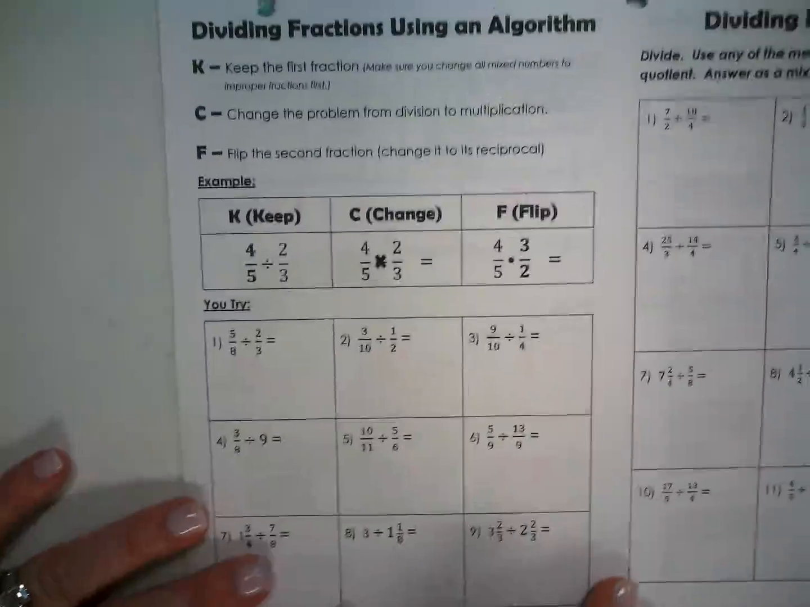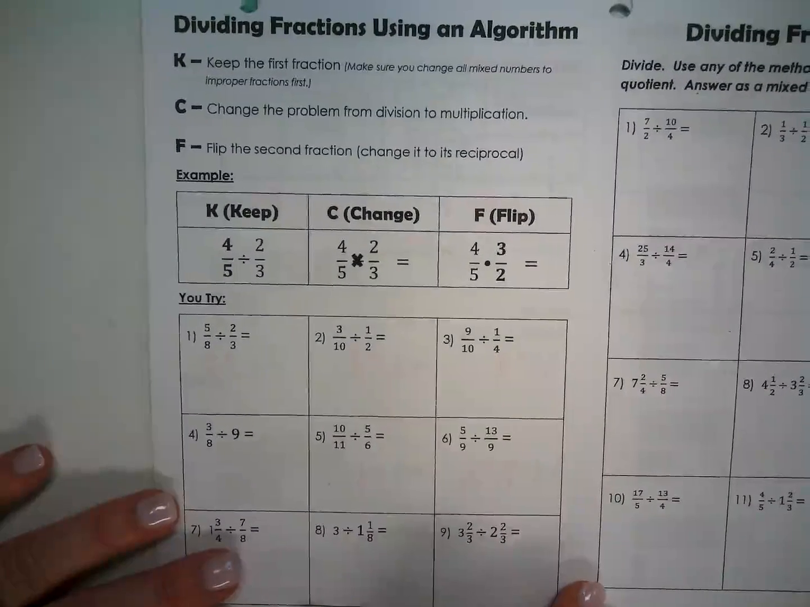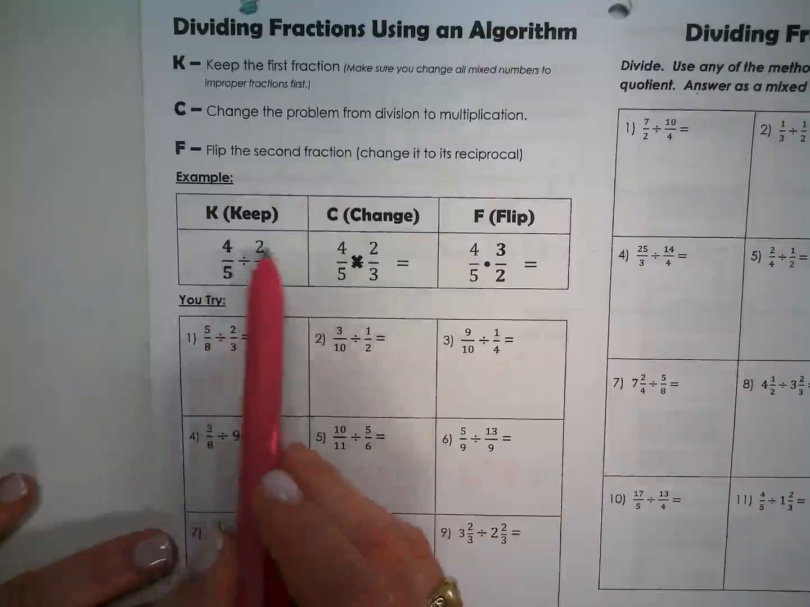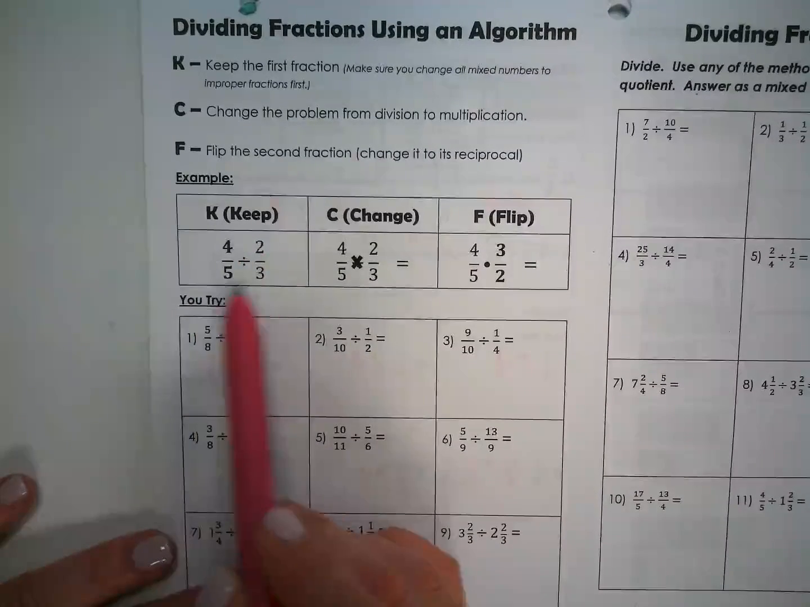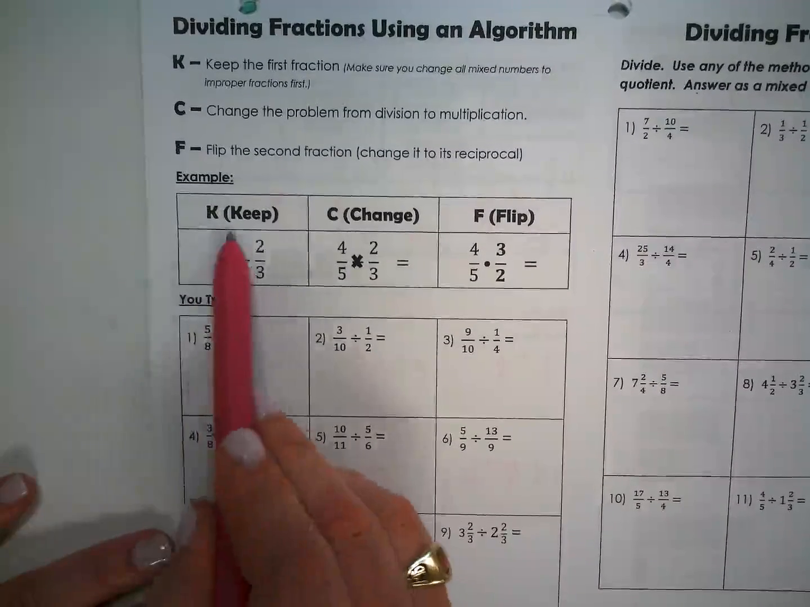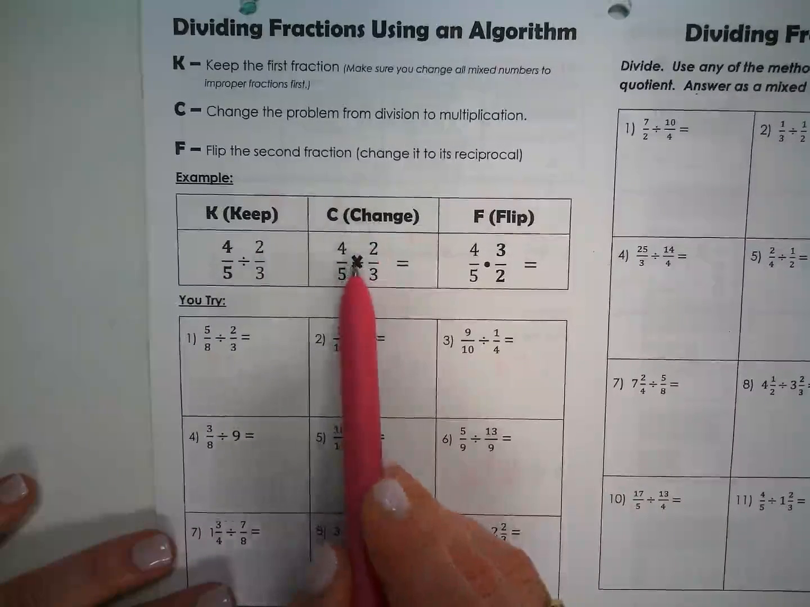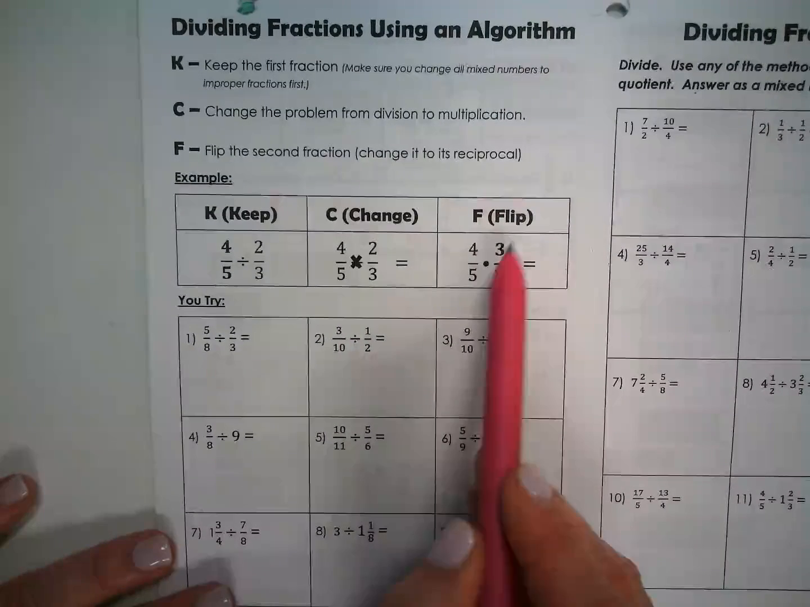All right, most of you guys in elementary school learned KCF, keep, change, flip. Totally great. It is a fantastic mnemonic device for helping you remember the steps to the algorithm, but I do want you to understand what those pieces mean. So let's take a look. If I'm dividing 4/5 divided by 2/3, we're going to keep the first fraction in place, we're going to change from division into multiplication,